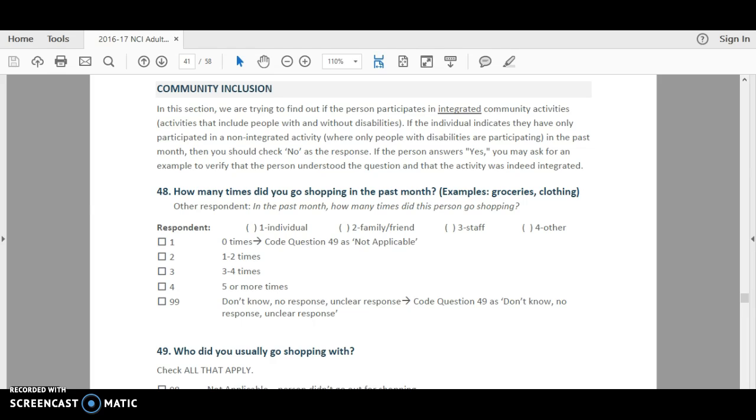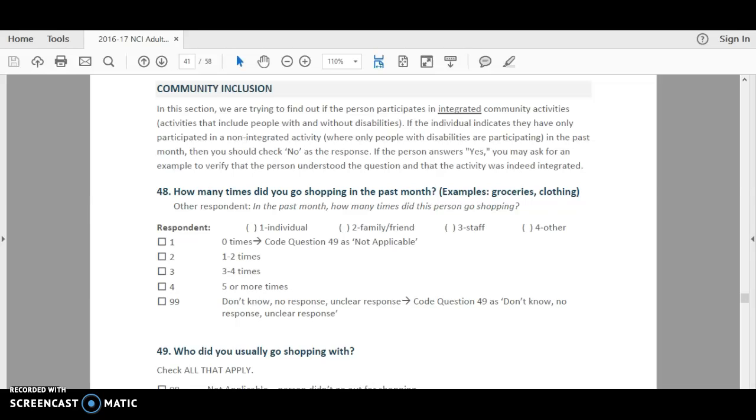Okay. All right, without further ado, let's get into these questions in Section 2 of the Consumer Survey. So we start out with these questions on community inclusion. These are those questions that try and get at the frequency of the person's participation in integrated activities in the community, meaning that we're looking for activities the person may be taking part in that occur around people without disabilities. It may be that the person is going with a friend or with a group of people with disabilities to do these activities, but as long as it's an integrated setting, we do count that as community inclusion.